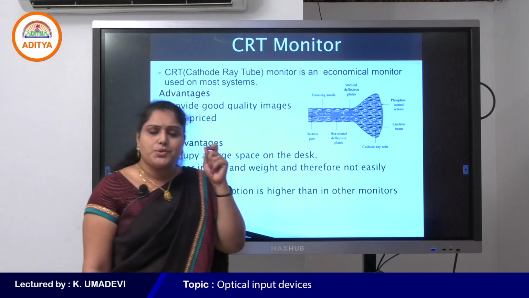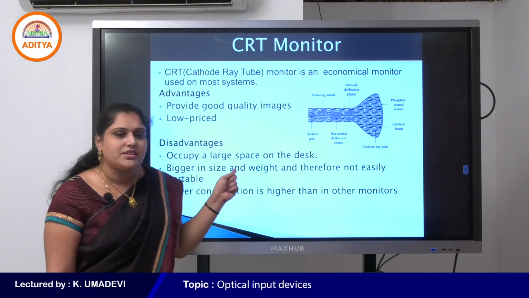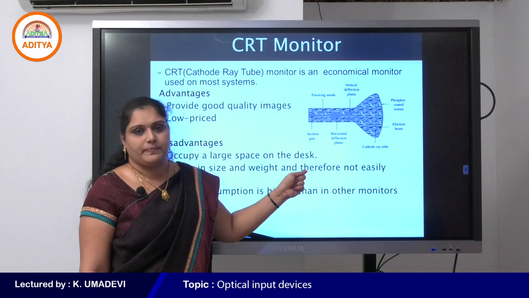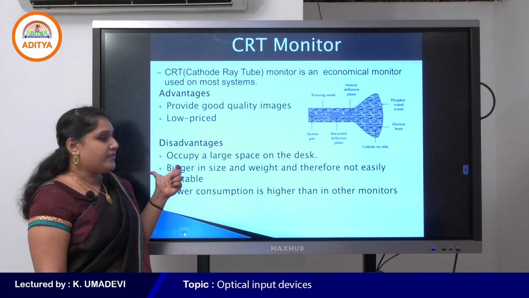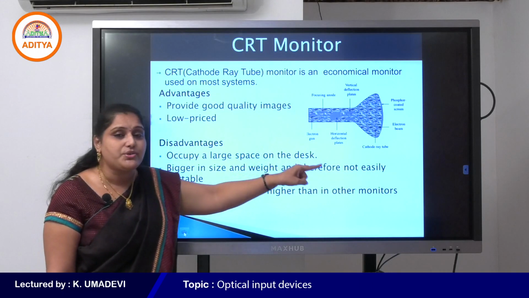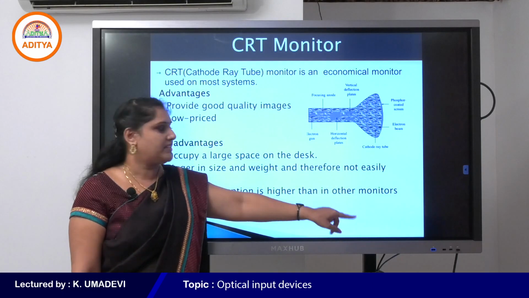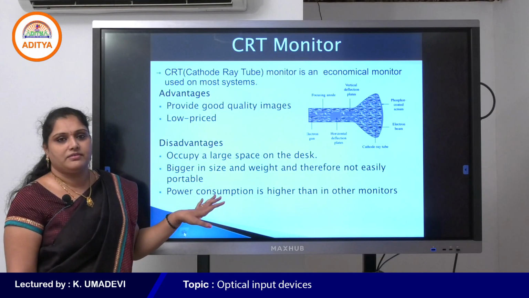The main drawback of CRT is that it occupies a large space on the desk. It is not portable. Why? Because it is much bigger in size and weight when compared to all other types of monitors, and therefore not easily portable.